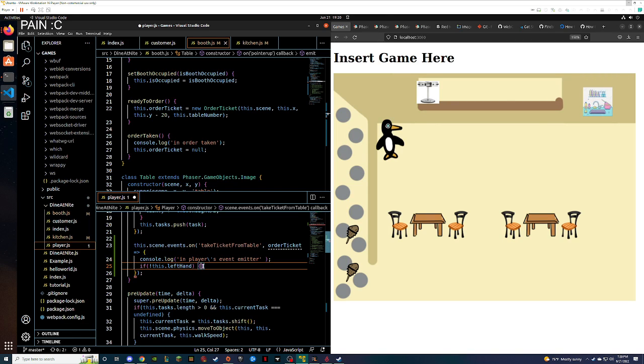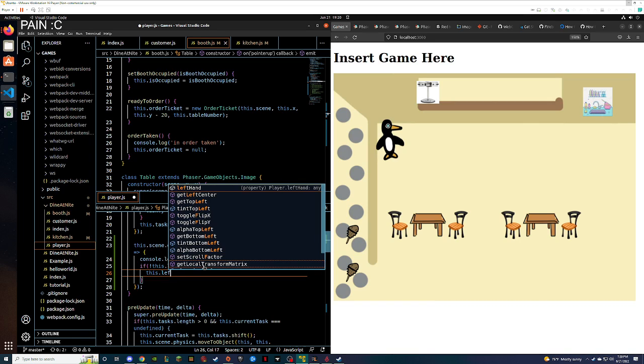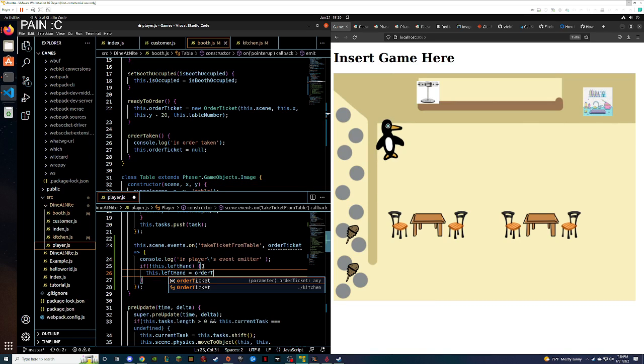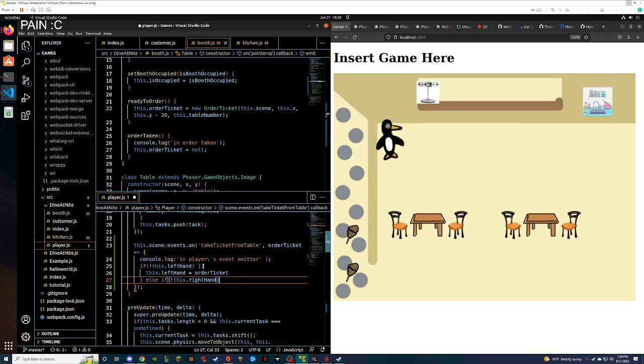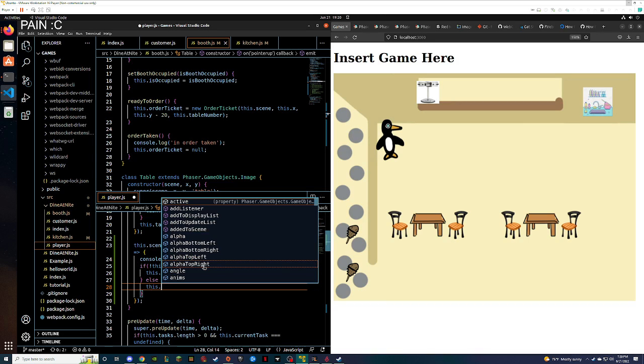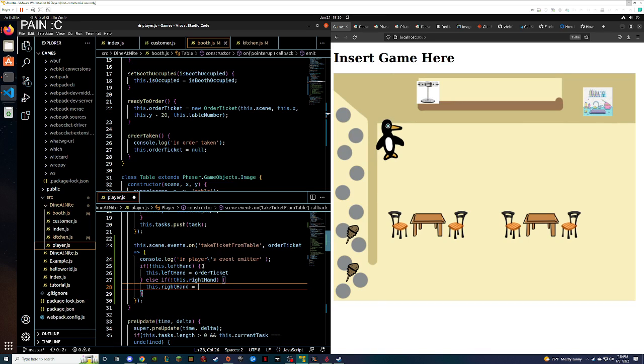If this dot left hand equals order ticket. Else if this dot right hand equals order ticket. Okay.